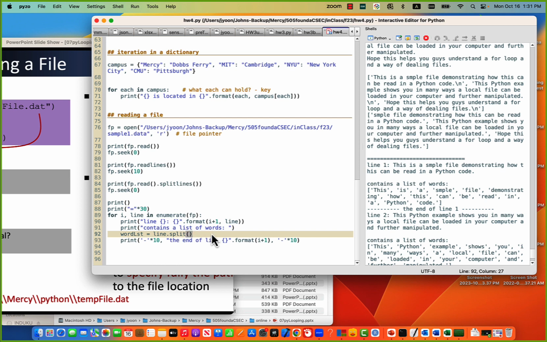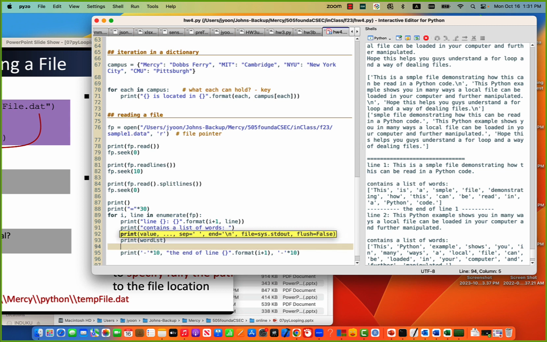And then I want to print word list, and then I want to make another for loop. Each word in word list,